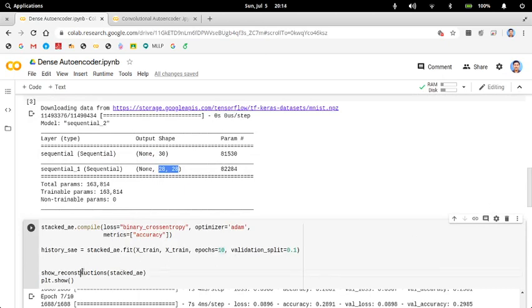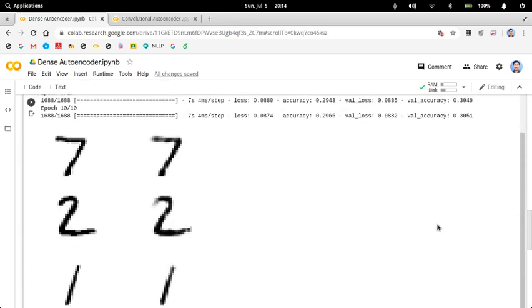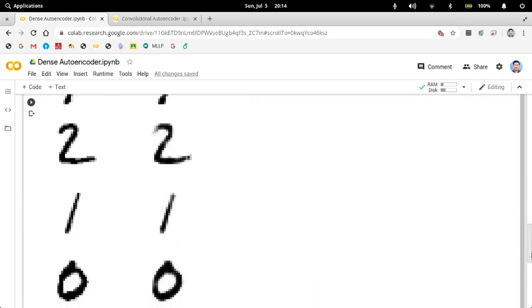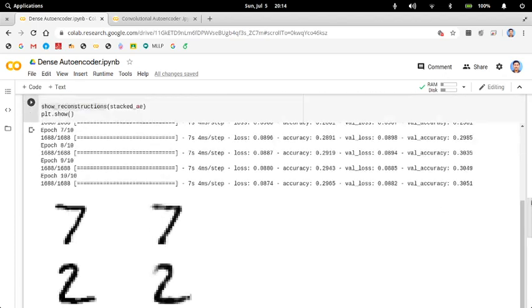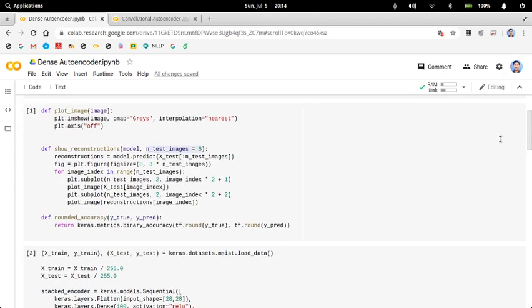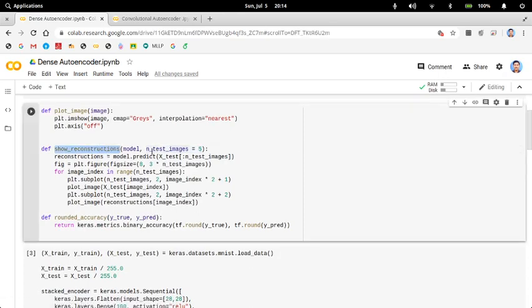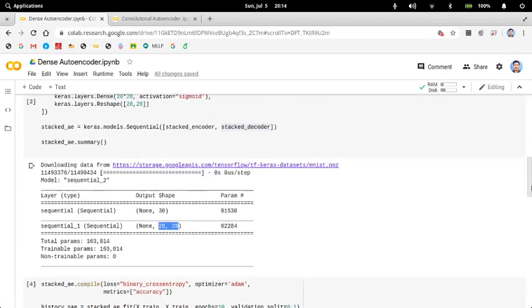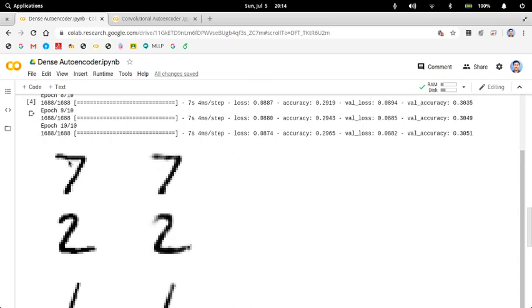you just see the reconstruction, the reconstructed images. This is your original image and this is the reconstructed image. In the reconstruction, it was asked to print some 5 images. Here, this is the code for reconstruction. Show reconstruction. You take the model, and using that model, you show some 5 test images. First 5 test images. This is your original image. This is your reconstructed image. Original image, reconstructed image, and so on.